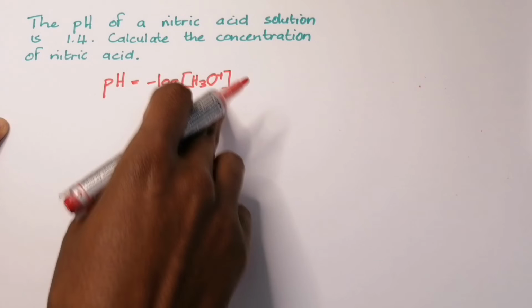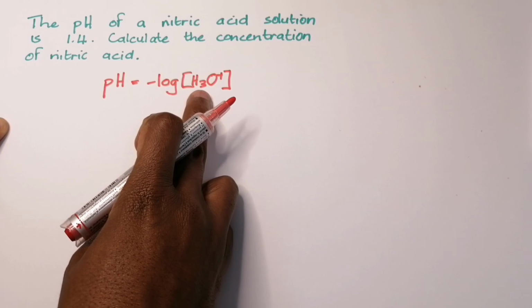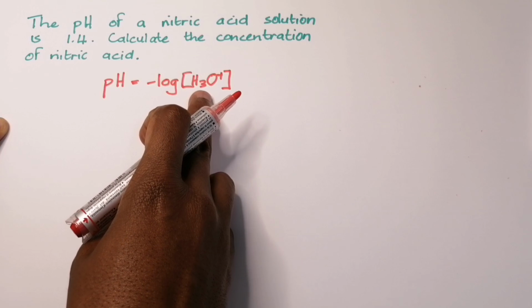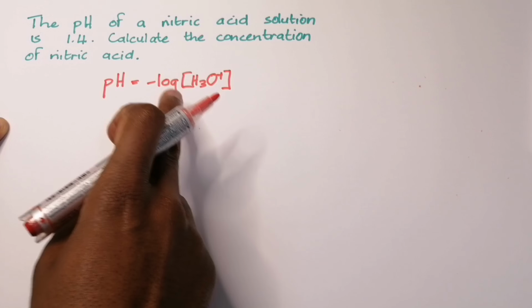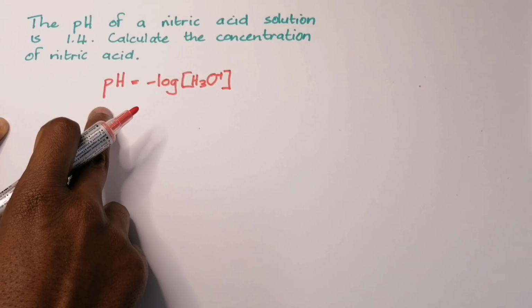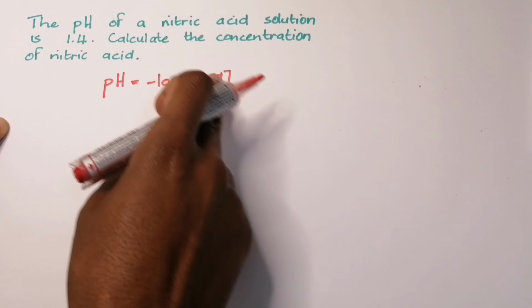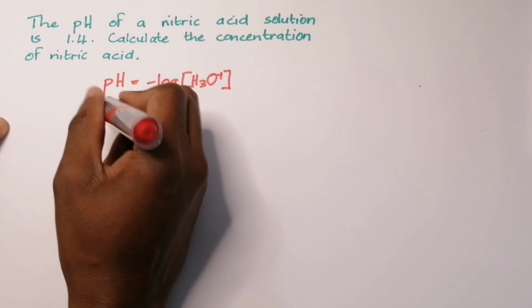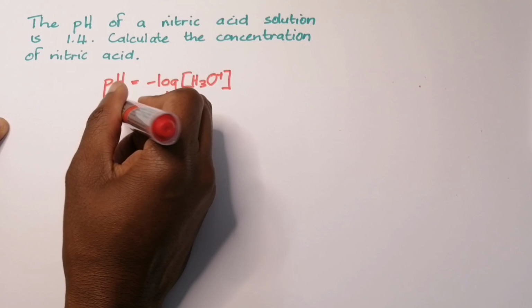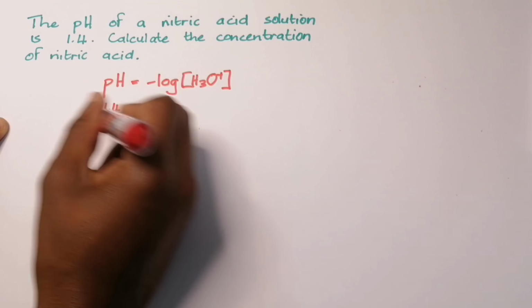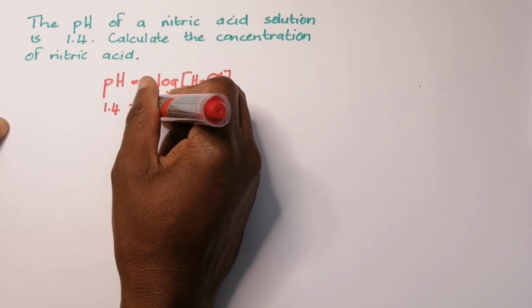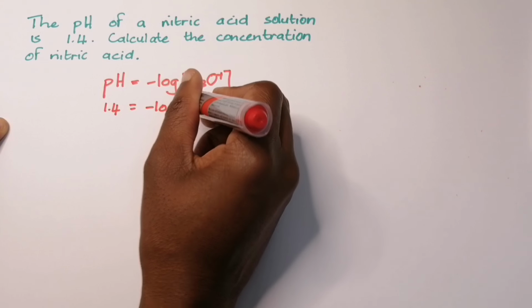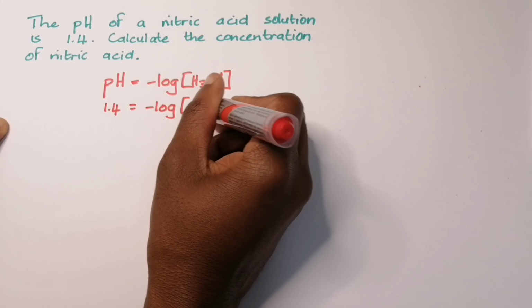Now you want to calculate the hydronium ions, so let's first start by substituting. Remember that pH was given as 1.4, so that's 1.4 equals minus the log of